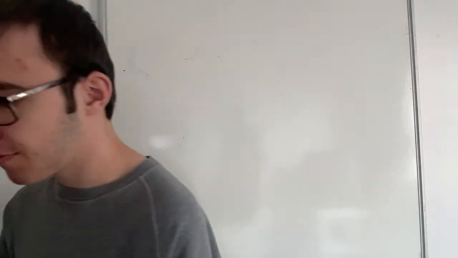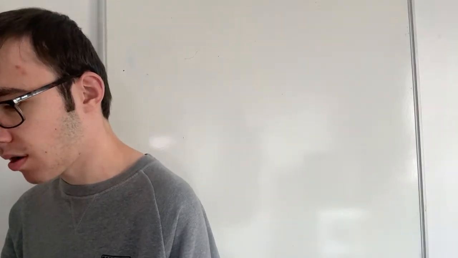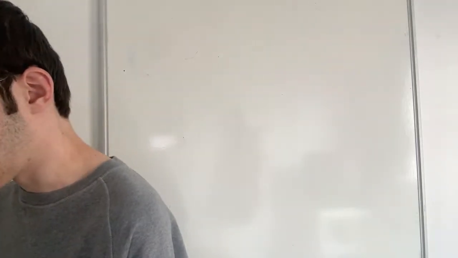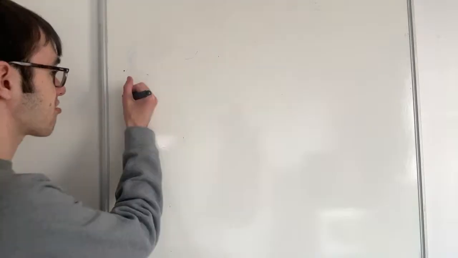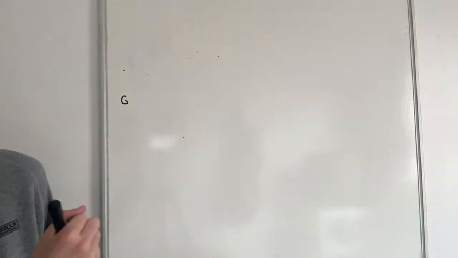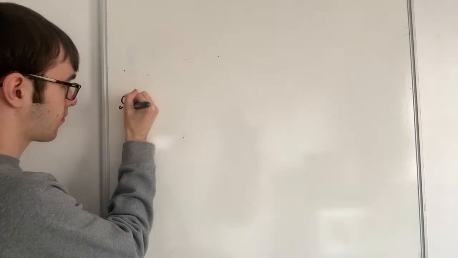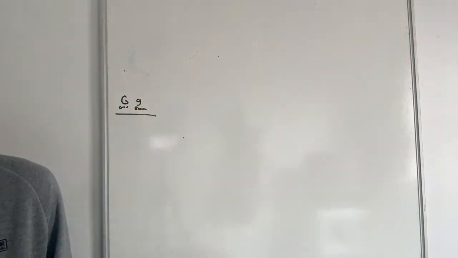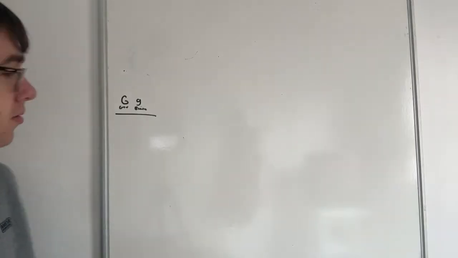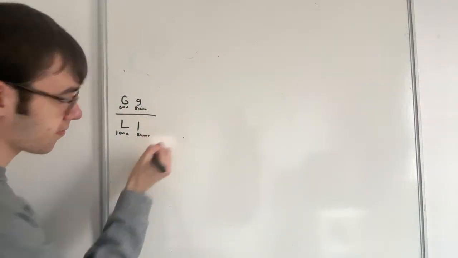Okay. In fruit flies, the genes for body colour and wing development are not on the sex chromosome. The allele for grey body colour is G. So, grey is G, black is g. The allele for long wings is L and short is l. Long, short.